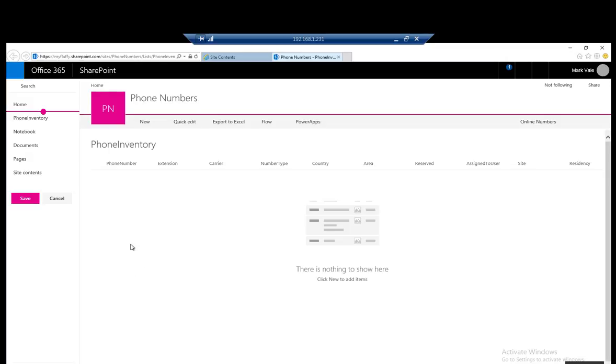So here in the list, you can see we've got fields such as phone number, extension, carrier, number type, country, etc. And we also have a field called assign to user, and this will retrieve all the assignments in Skype for Business, or Cloud PBX or on premises, to keep your phone inventory up to date. But as you can see now, we have no numbers here, so there are multiple ways to get phone numbers in. Obviously you can click on the new button here, and click on item,